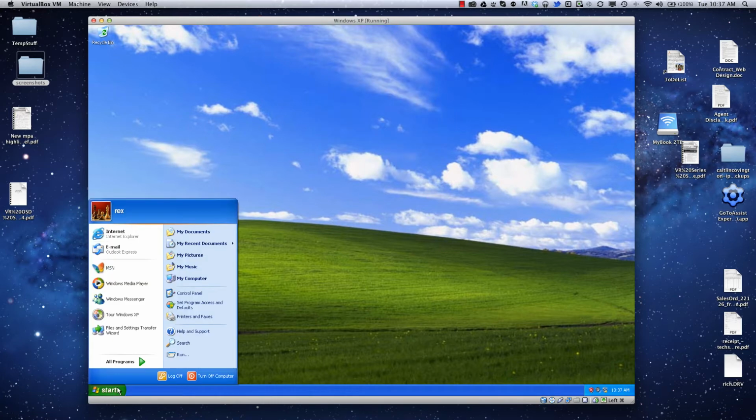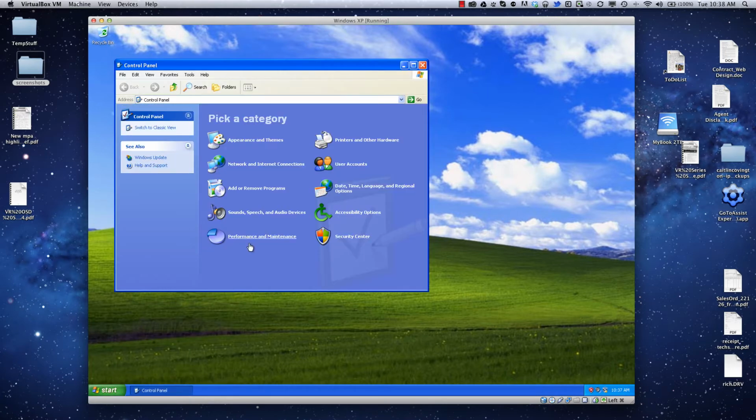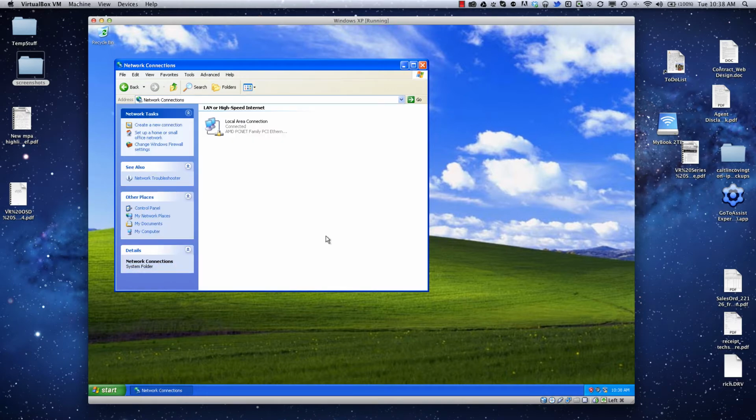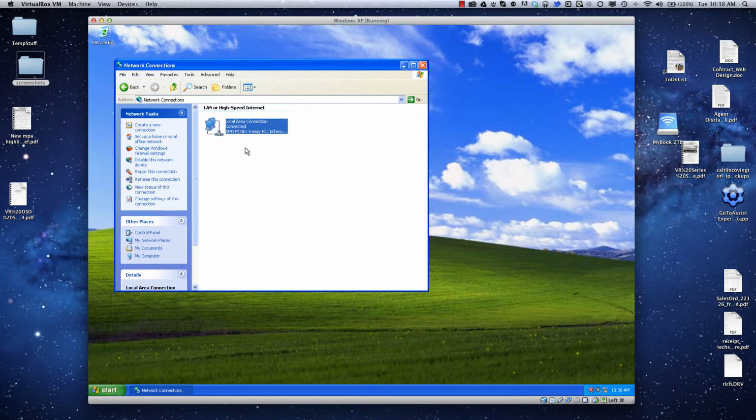In XP, we go to Start. We want to look for our Control Panel, and in the Control Panel, we're going to look for Network and Internet Connections, and we're looking for the Network Connections. Now, depending on how your Windows XP desktop and Control Panel are configured, you may have a few different clicks, but this is where we're trying to get, and we're trying to look for the local area connection,